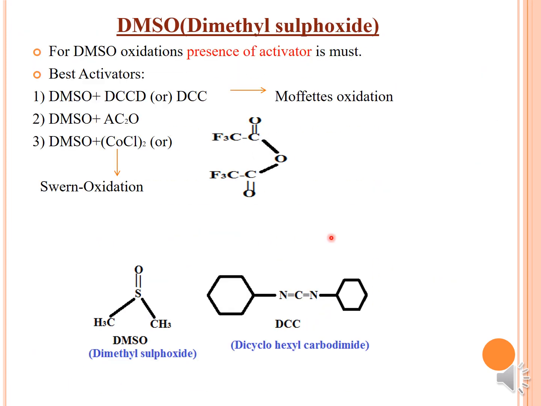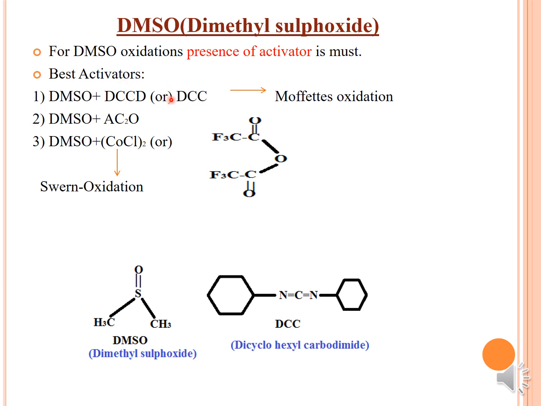Moving on to DMSO. DMSO is nothing but dimethyl sulfoxide. You know that, right? So for DMSO oxidations, the presence of an activator is a must. There are three best activators wherein the DMSO is treated with DCC, that is dicyclohexyl